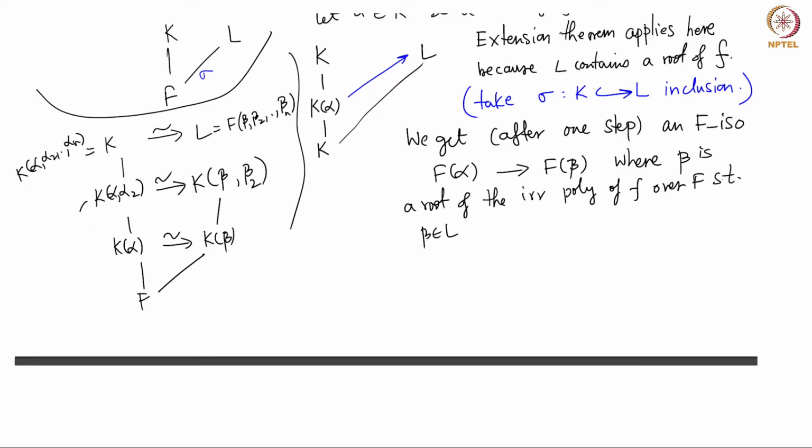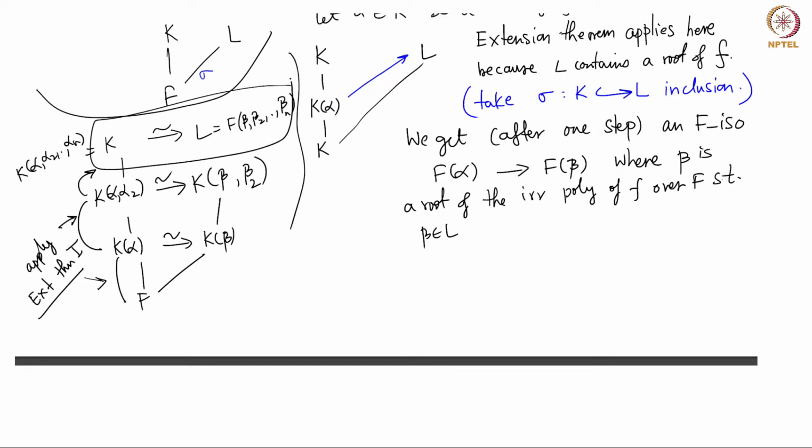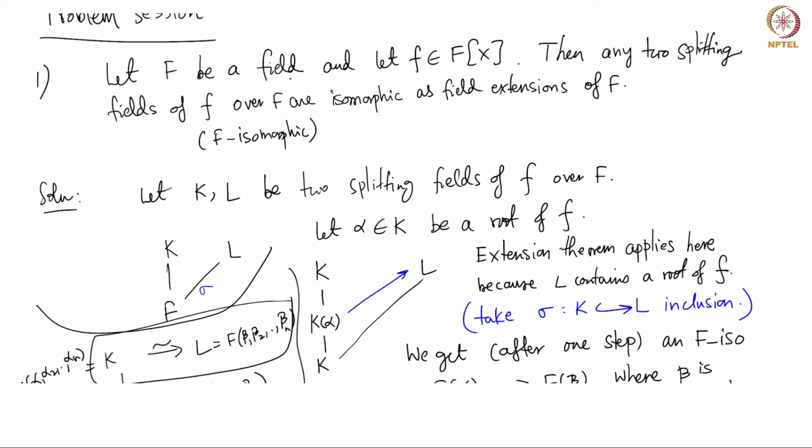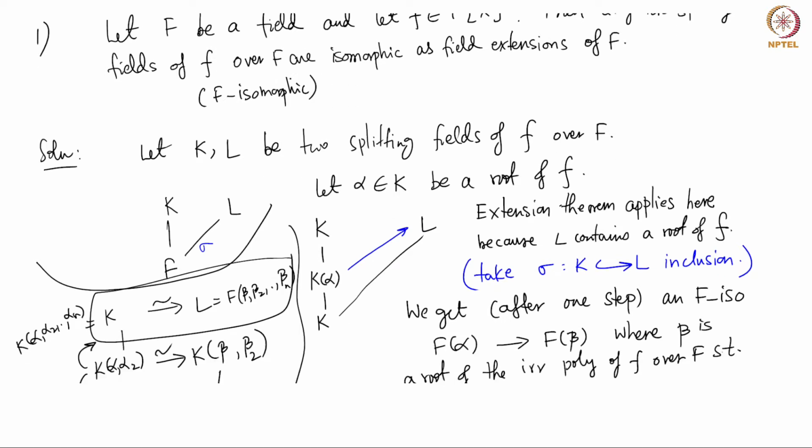So apply the extension theorem to this, and the extension theorem again to this. Here we applied it and got this isomorphism, apply it again, and so on to get this. Okay, so this is the statement that any two splitting fields are isomorphic. I am just going over this fast because this is something that you can think about. You will understand more if you actually think and supply all the missing details.